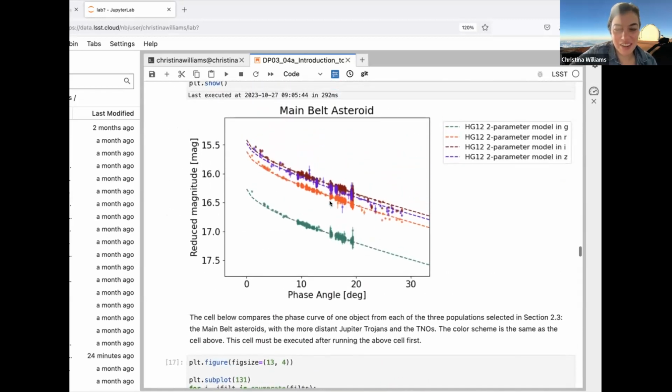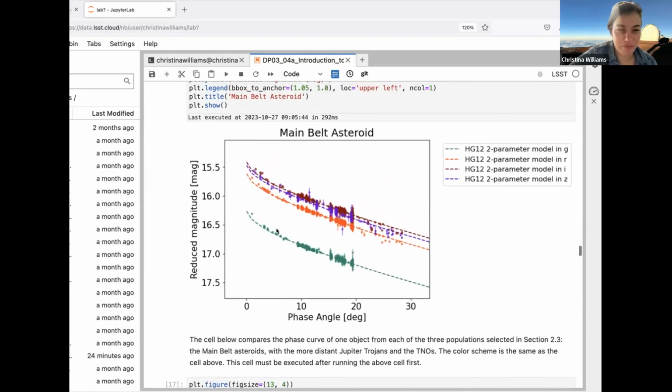Okay. So just to go back to this plot. The curve that you see there, what we've plotted on top here, is from the DP0.3 dataset. DP0.3 contains already automated fits to the phase curves for solar system bodies that have been uniquely identified. And so you can just pull out the H and the G12 parameters from the MPCORB table.